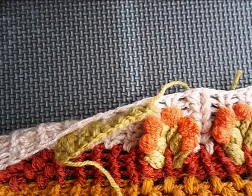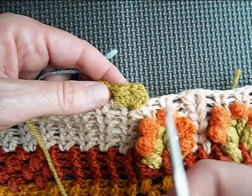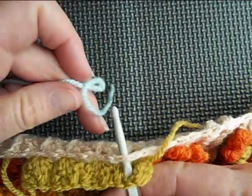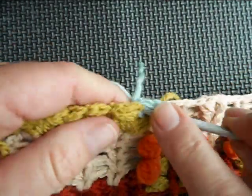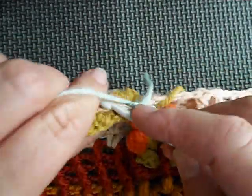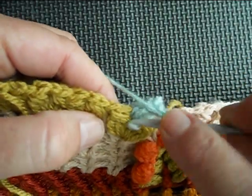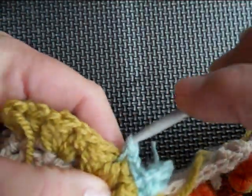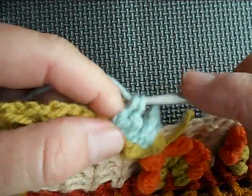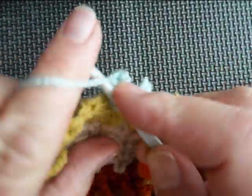And then we are going to be working our little flowers. Okay, so they are going to be worked there, and we're going to include our chain one as well, like that. Okay, and then we're going to just chain 2. We're going to do 3 double crochets, chain 2, slip stitch back into the space, chain 2, slip stitch 1, 2, 3 double crochets, 2, 3, chain 2, slip stitch back, chain 2,